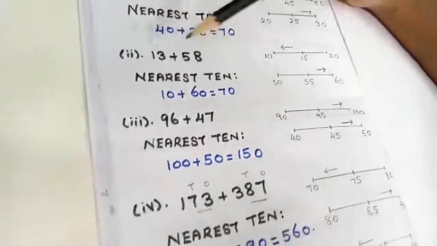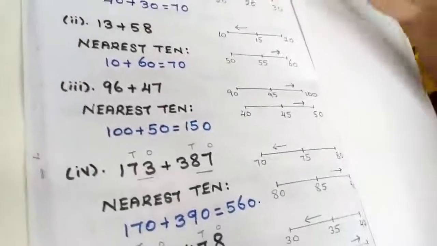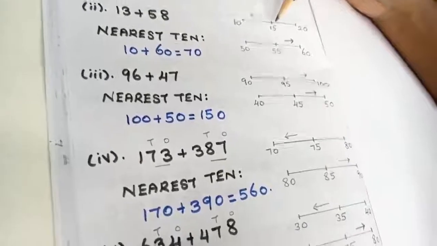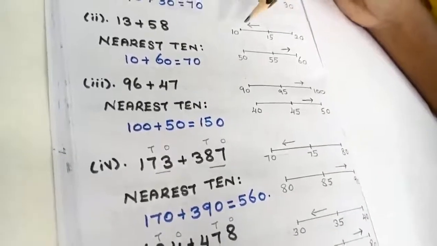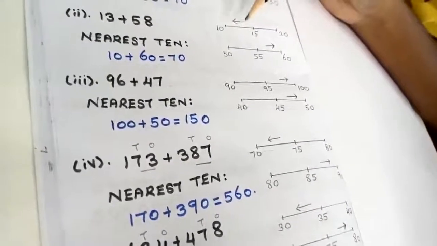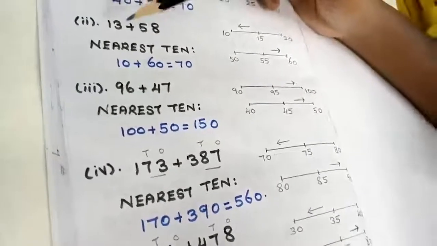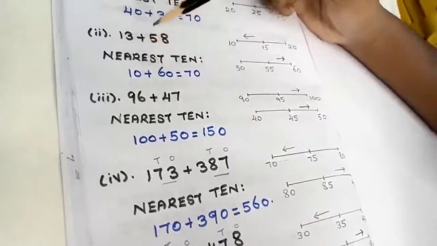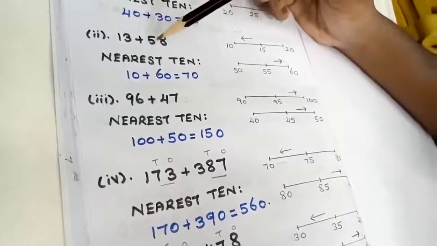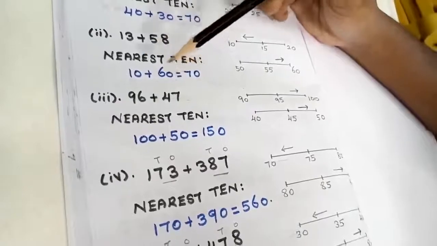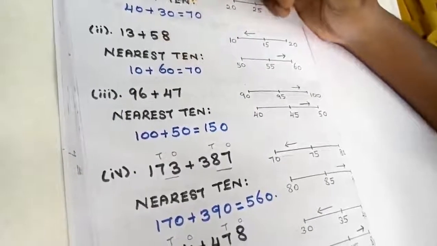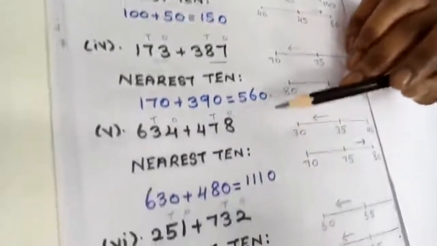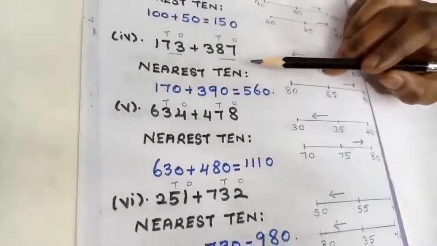Similarly, coming to 13 plus 58. 13 will be between 10 and 20. The middle number is 15. Between 10 and 15, you will have the number 13. The nearest 10 for 13 is 10, and the nearest 10 for 58 is 60. Add the two numbers, 70. Similarly, for all the remaining ones you are going to do it this way, students, but particularly if you take a 3-digit number,